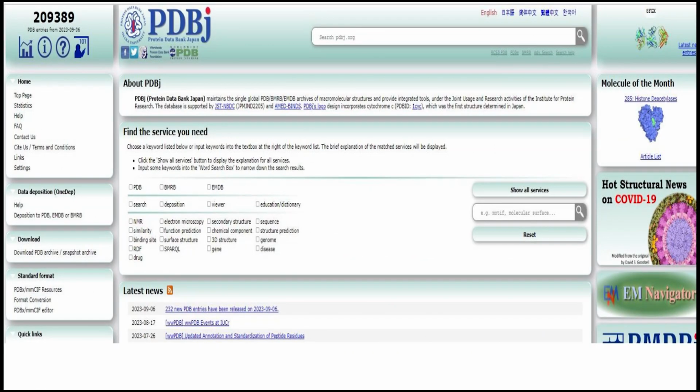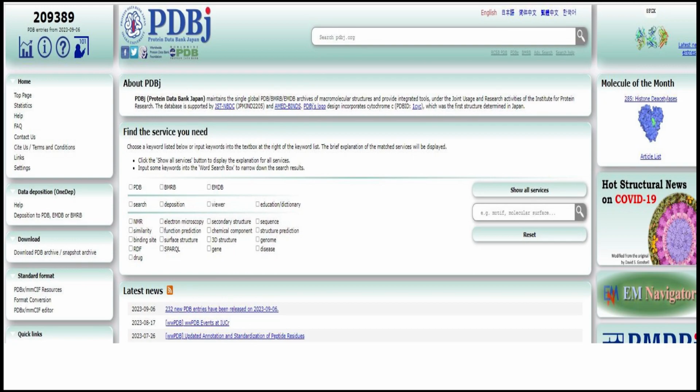This is the home page of Protein Data Bank in Japan. The Protein Data Bank in Japan is a member of the Worldwide Protein Data Bank. It accepts and processes the deposited data of experimentally determined macromolecular structures. While maintaining the archive in collaboration with other worldwide PDB partners, PDBj also provides a wide range of services and tools for analyzing structures and functions of proteins. It supports browsing in multiple languages such as Japanese, Chinese and Korean. Till now, PDBj consists of nearly